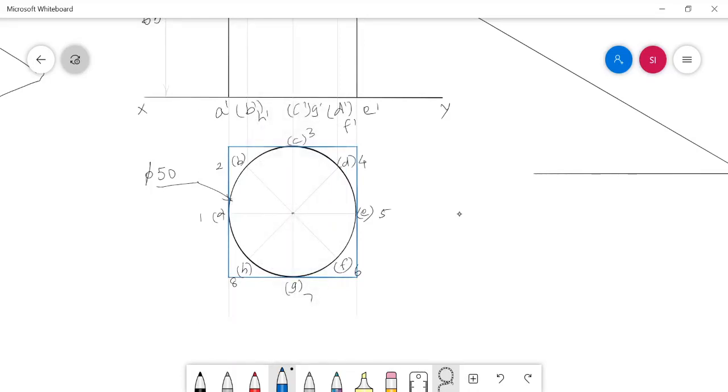Now I have enclosed this base view inside a box, and the box corners may be named with Roman numerals.